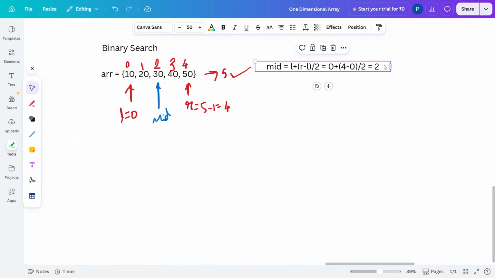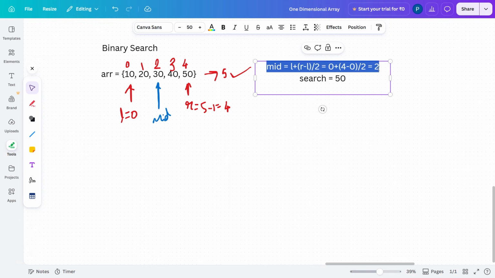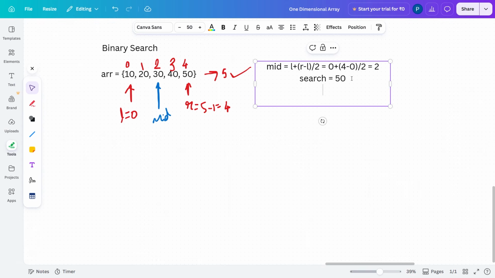Now we have calculated the mid value. Right? Now consider if I want to search 50. So 50 is present at the fourth index. Now what I will do? I have calculated the mid value and I want to search 50. So what I will do? I will initially check the value at the middle. The value of the middle what we have is 2. So the array at the middle value is 30. If 30 is less than 50,